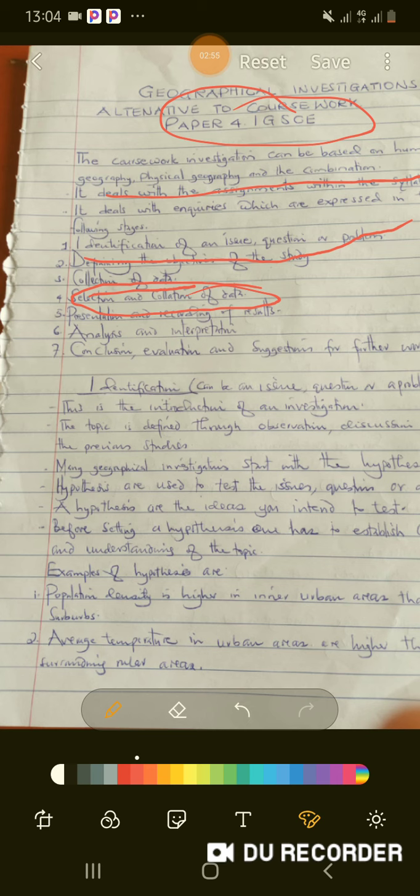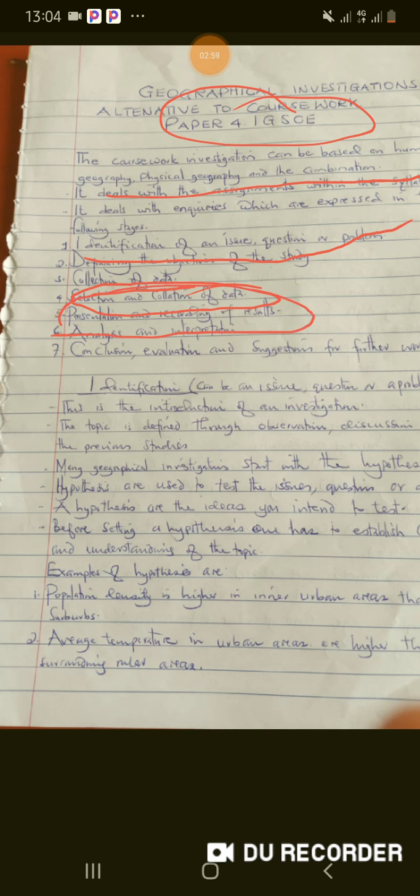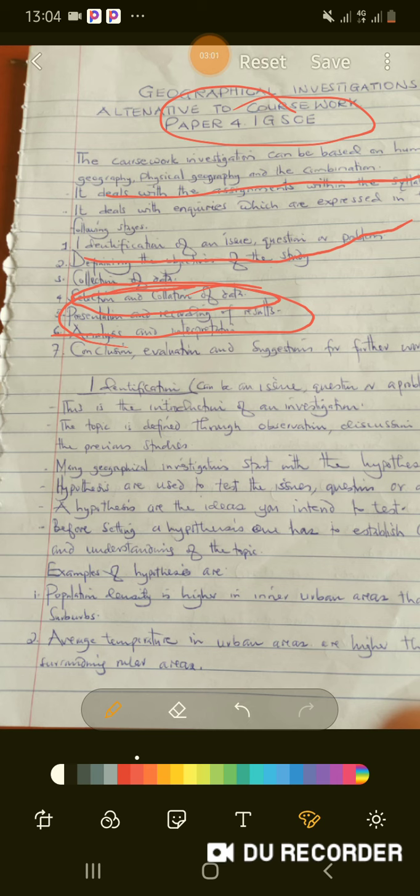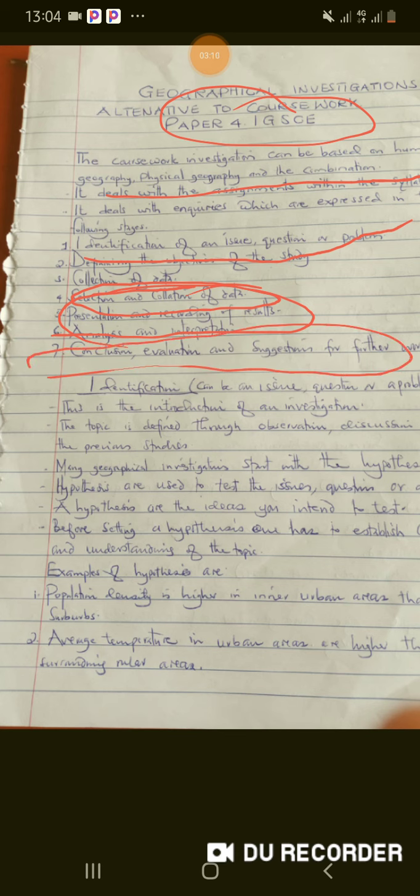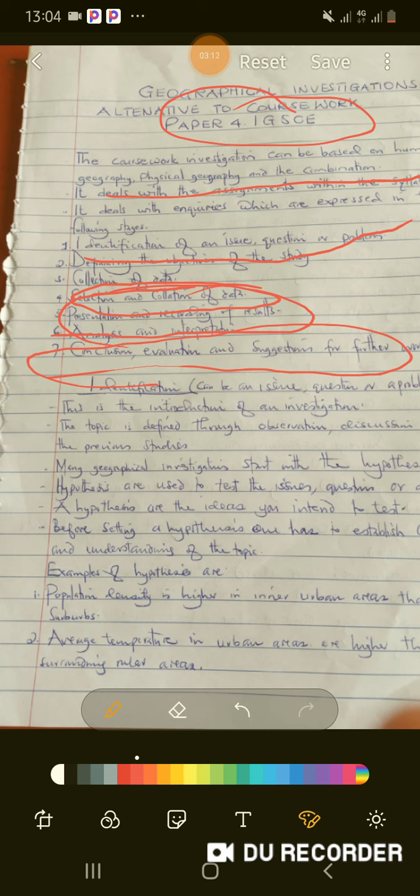For the results to be recorded, the data has to be analyzed and presented. We need to represent the data for the results to be recorded. At the same time, further to this, we draw the final conclusion. After the identification and the investigation have been done, you are going to draw the final conclusion. The conclusion here is the one which is going to suggest or give further analysis or further usage to the people who requested for the investigation.